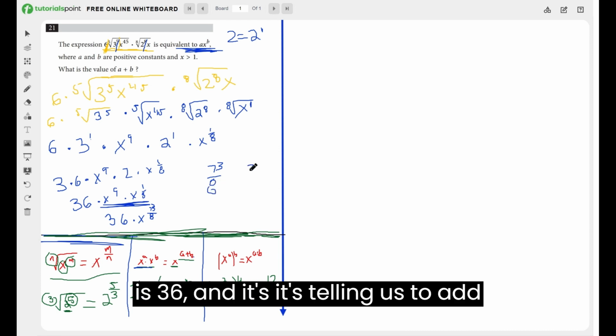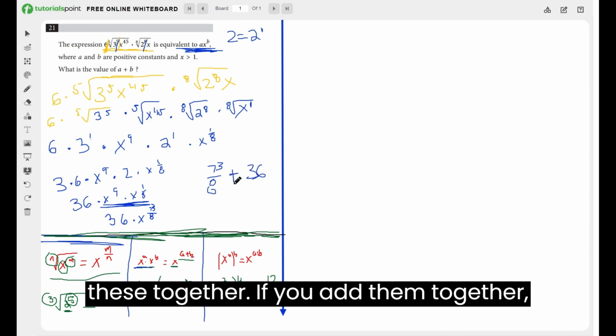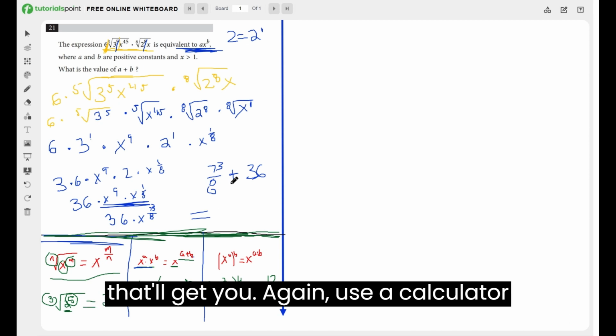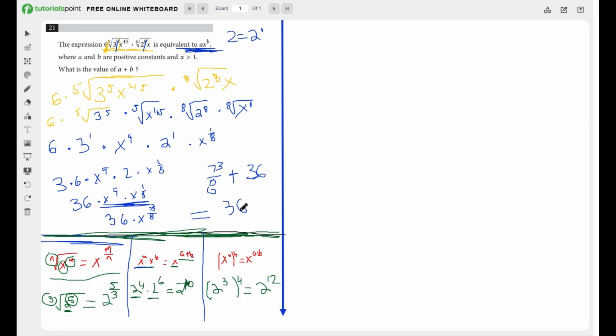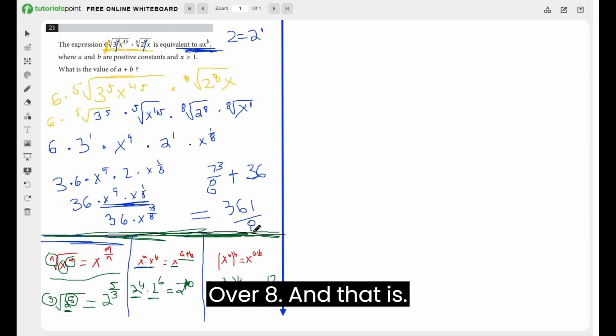A is 36. And it's telling us to add these together. If you add them together, again using a calculator for this, it would get you 361 over 8. And that is